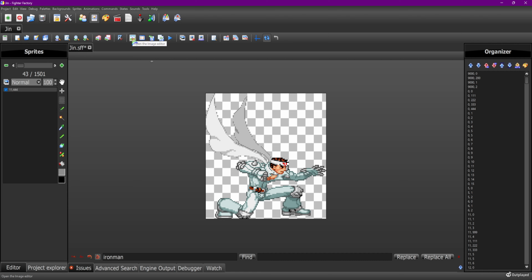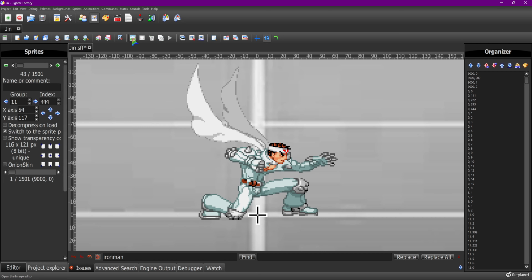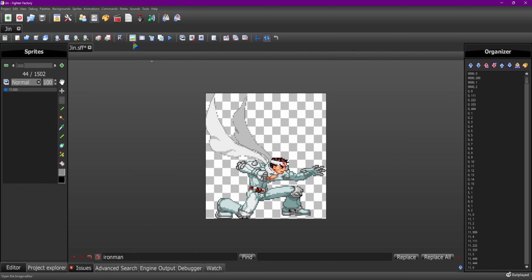Thinking really hard here. I don't know if I want the scarf to move. So close. Make a duplicate. Triple file the duplicate up. Open her up. Okay. And for this one, I want more movement this time. While shifting the torso too, I'm also going to